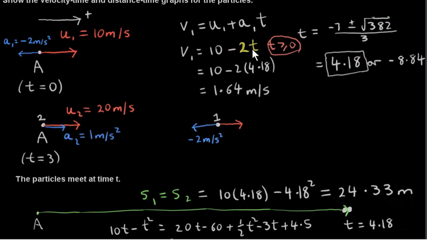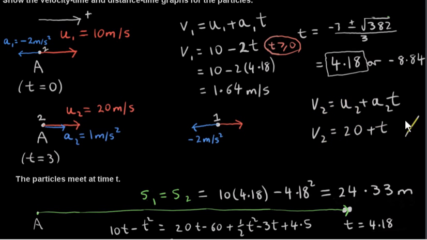Because at t equals 0, v1 is 10. That's what we want, because the timer starts at 0 for particle 1. Now, let's look at particle 2. It is incorrect to write this down,